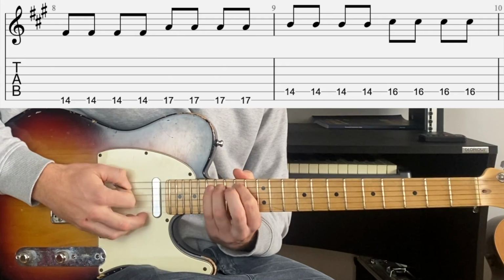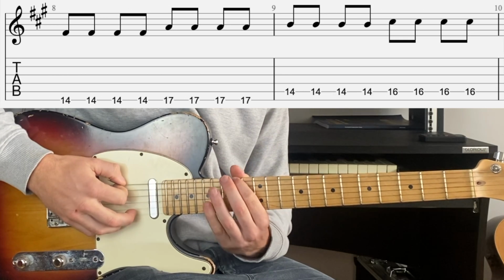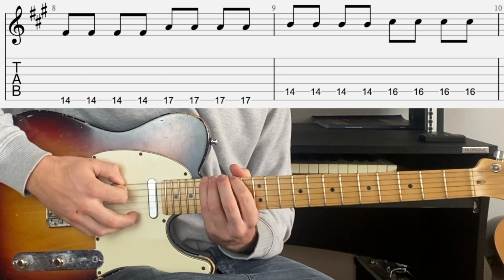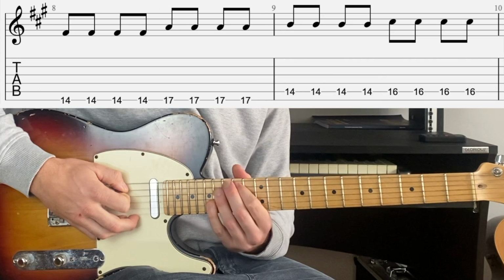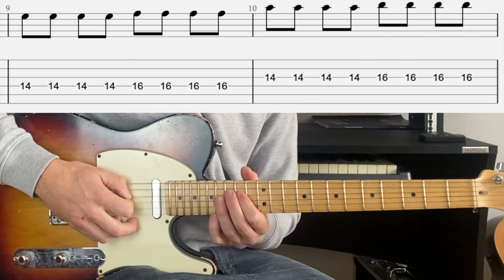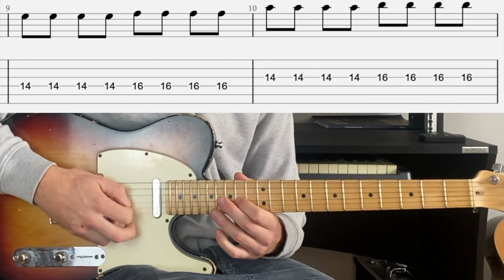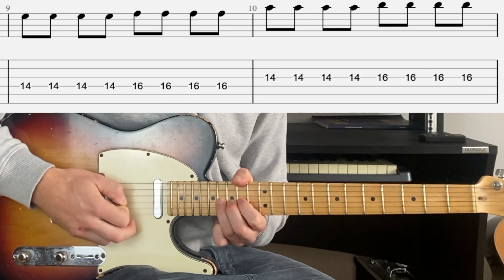So for that main run in the intro, we're actually based on an F sharp minor pentatonic scale. We're just going to run up the notes, playing them each 4 times. So 14th fret on the E, 17th fret on the E, 14th fret on the A, 16 on the A, 14 on the D, 16 on the D, 14 on the G, 16 on the G. Okay, so